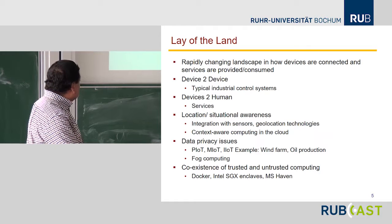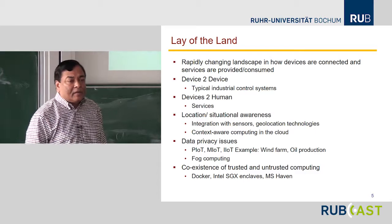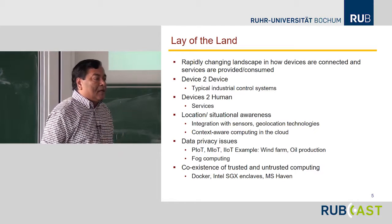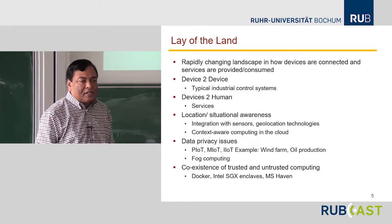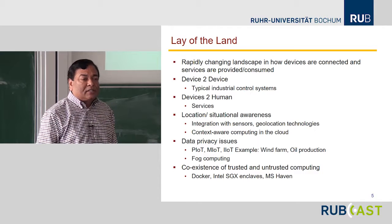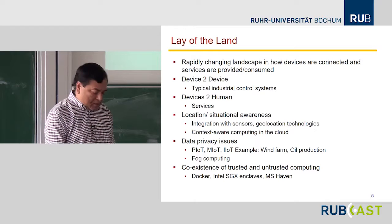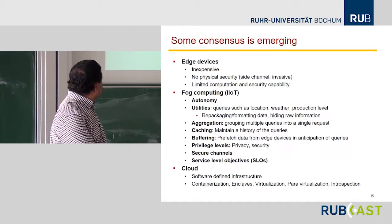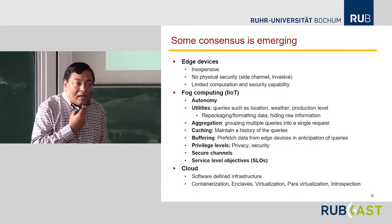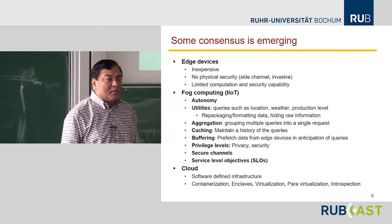And also in Microsoft, there's an effort called Haven, and this is based on the Intel SGX platform. They're trying to build an operating system which is quote unquote completely secure. So this is pretty much a broad overview, but within the industrial space, there's some consensus which is arising, and